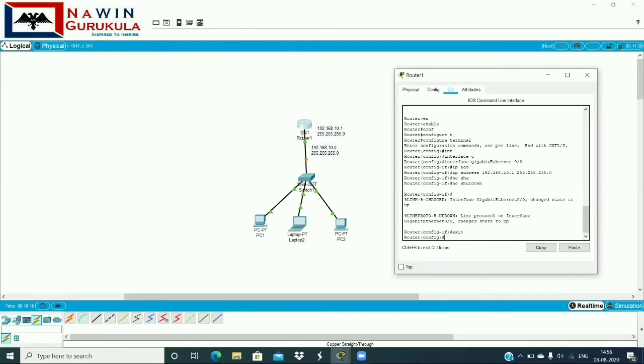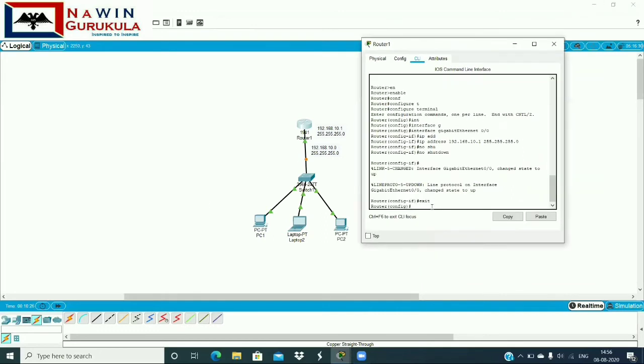Here you can see initially we were having a red arrow. Now it has turned to orange and soon it's going to turn to green. Meanwhile we can take up the DHCP configuration. For that you should be in the global configuration mode, which is where we are now. Then type ip dhcp, pool, like ip dhcp question mark.